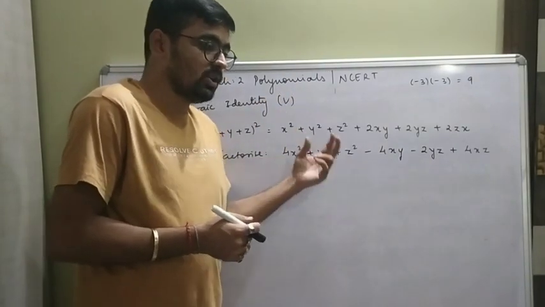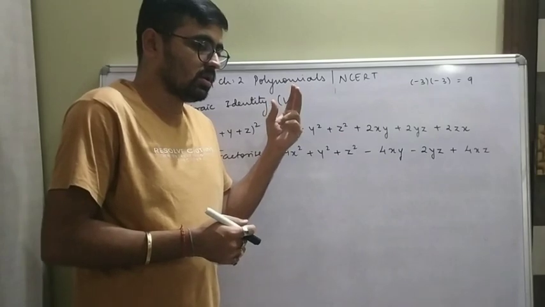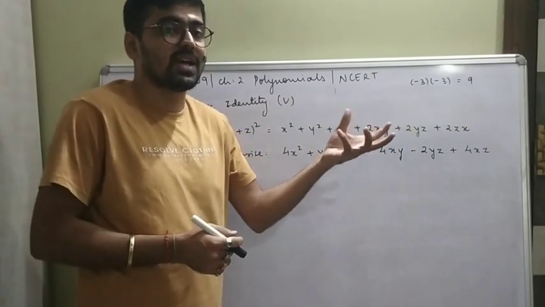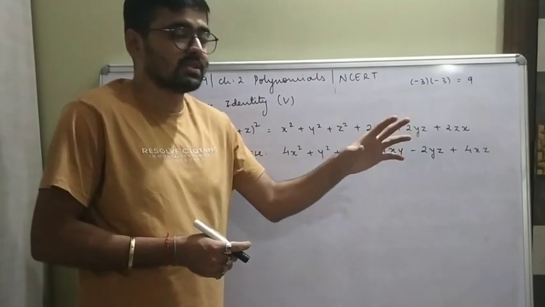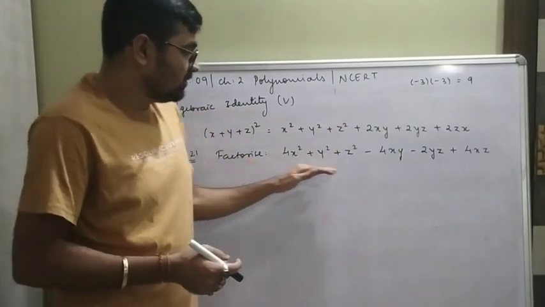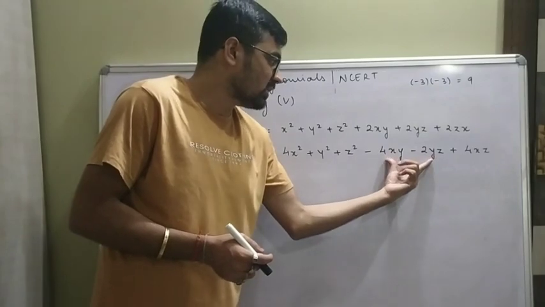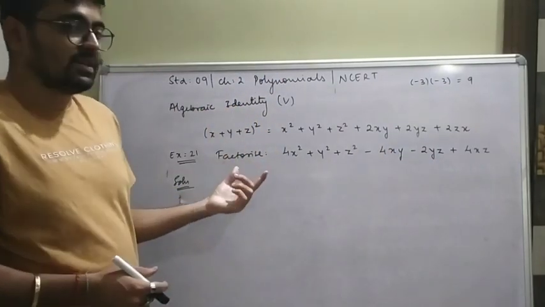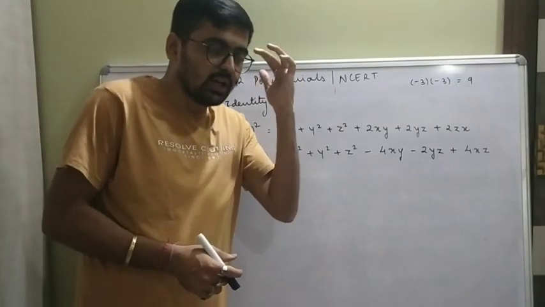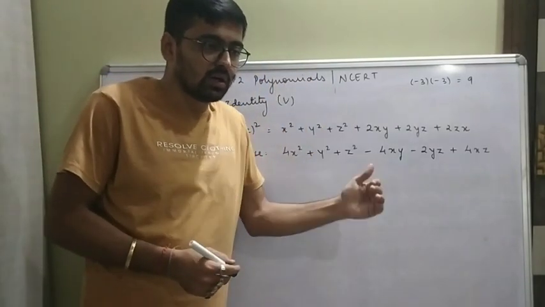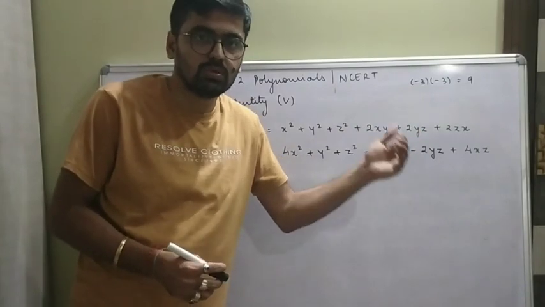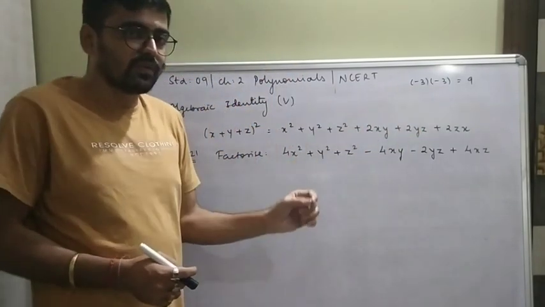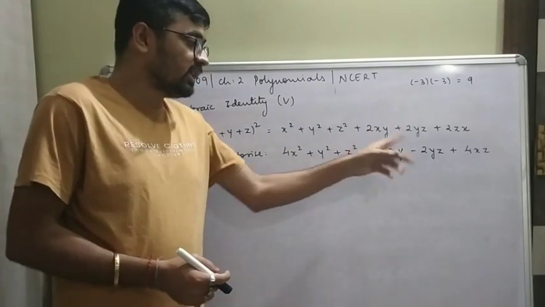Because of that, these last three terms have changed in their sign. Somewhere minus came, somewhere plus came, and the same thing happens over here. Can I see these two terms are negative? Now whenever I factorize this, how will I think about which particular term I should give negative? First find out which two terms are negative in the given question.